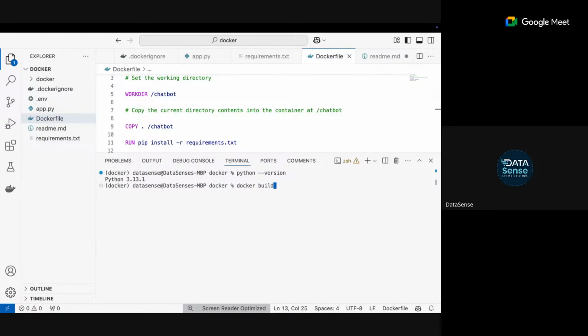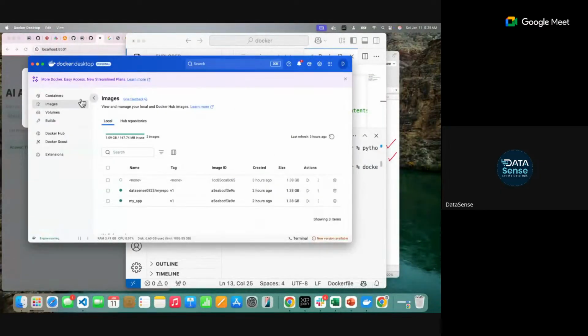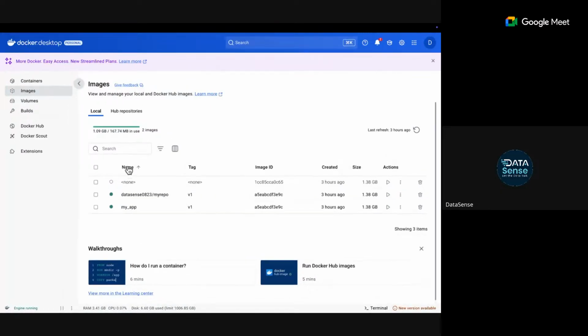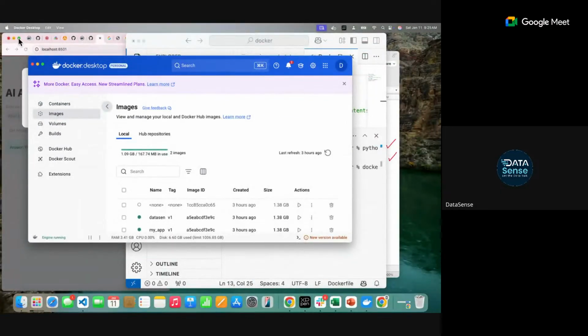For every image there can be a name or there cannot be a name. If you don't give any name, it will come like this. If you see, there are two images here. One image has a name, one image does not have a name, right? If you don't give any name, it will just create an image ID. You can identify your image based on the image ID, and you don't need names and tags. So this is an optional part. I'm just doing that to show you, but we will explore them more in the next class.